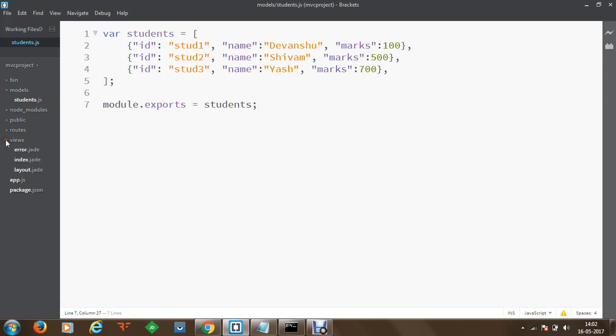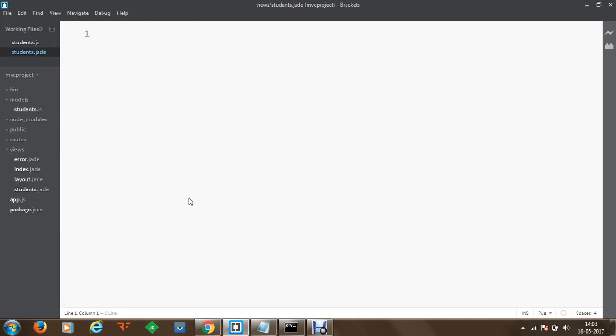So I'll go to views, and within this I'm going to create a new file, and let's call it students layout. So I'm going to call it students.jade. Within this students.jade file, first of all I'm going to extend my layout file, and after I have extended, I will specify my block content which I want to display.